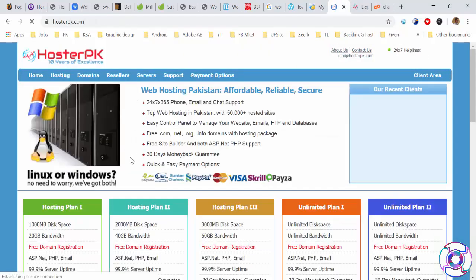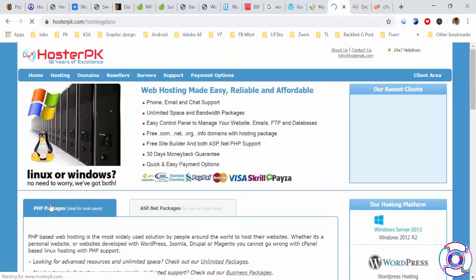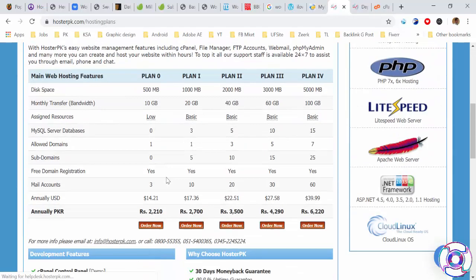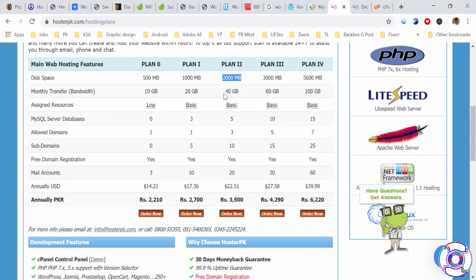If we click here on hoster, we see 200 MB disk space, 40 GB monthly transfer bandwidth, then we have 5 MySQL server databases. Then how many domains are allowed, and then subdomains. Allowed domains, 3 domains allowed. I already have 2, but I am going to register another one. If I need, I can enter subdomains, then domain registration is free. Mail accounts, I can enter 20 mail accounts free.